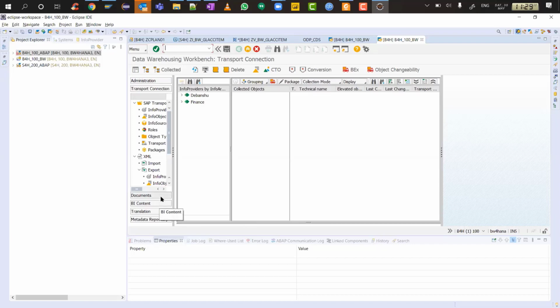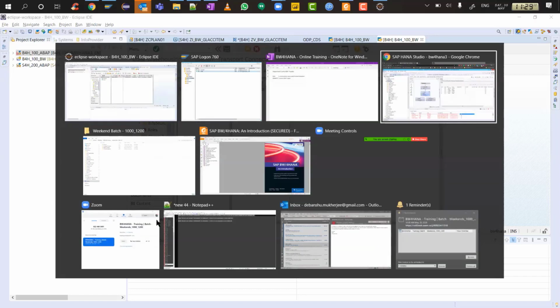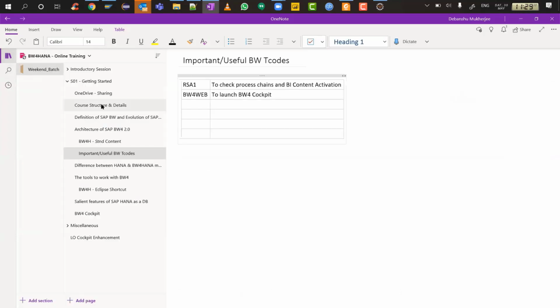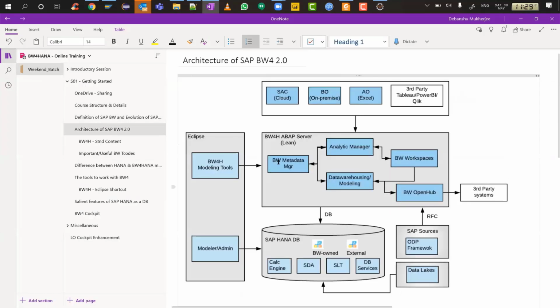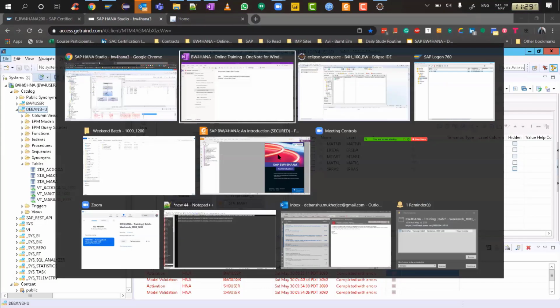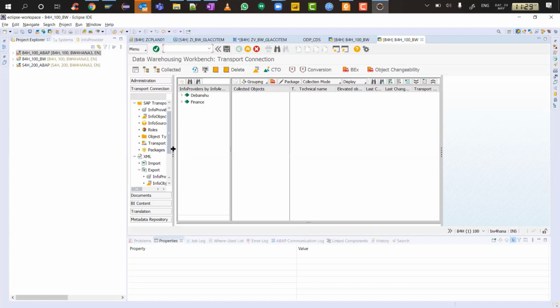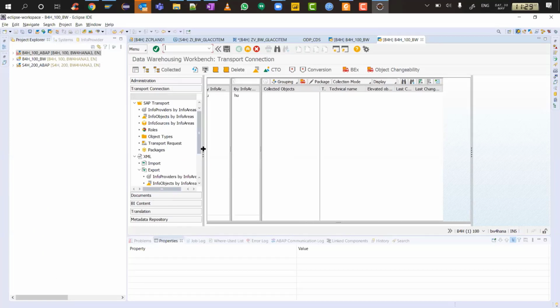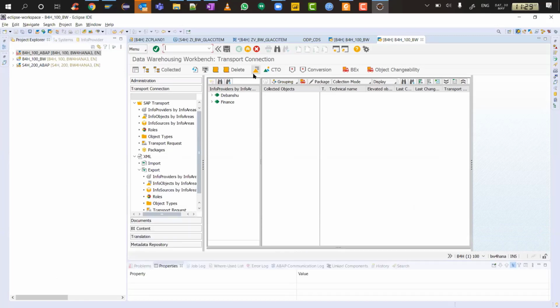If you want to do it, you have to come back. You have your metadata repository. Metadata repository is this guy, which we talked about. If you go back to the architecture, this guy, the metadata manager, manages your metadata repository. But that can be accessed in the cockpit, right? Your metadata repository? I haven't done that. I'm not sure. I haven't accessed the metadata repository. I didn't find a tile in the cockpit. Yeah, but maybe I'll check.